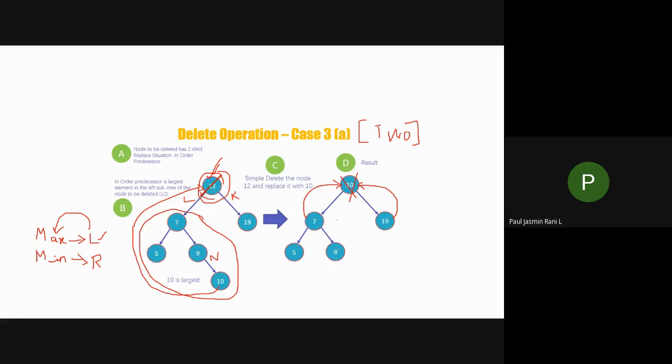So I'm going to move the 9 towards this particular root element. Instead of 10, I will have a 9 and I'm going to remove this 10. The right child of 9, I'm going to mark as null, so that this part gets removed. So these are the changes I have to do. Similarly, the left child of 9 should be marked as the address of 7. Similarly, the right child should have the address of 19.